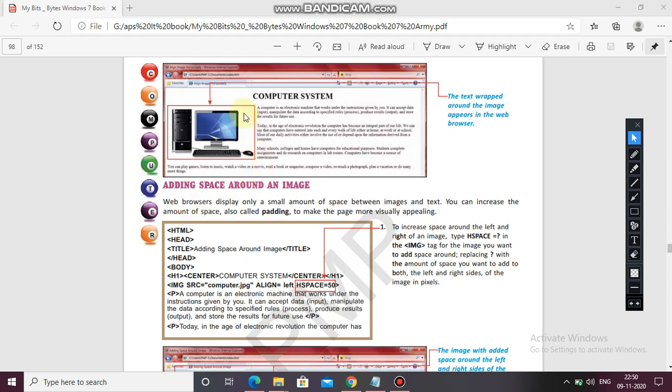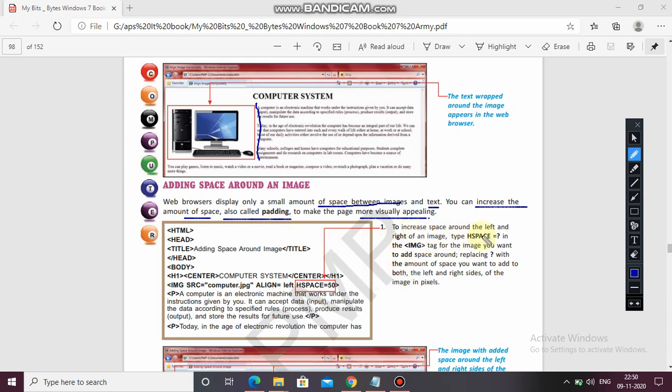Because the image is there and the text is very close to the image, there is no space. So what we have to do, the web browser displays only a small amount of space between images and text. So you can increase the amount of space, which is called padding, to make the page more visually appealing. So giving a space near the images is called padding.